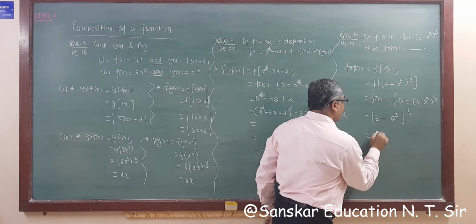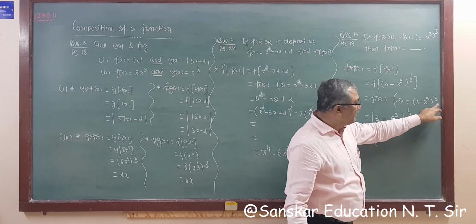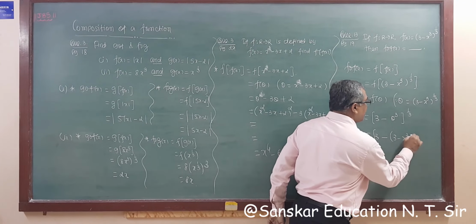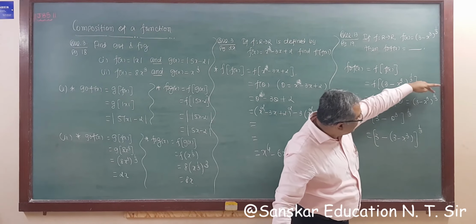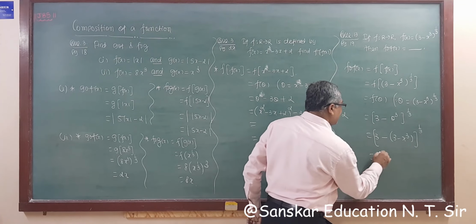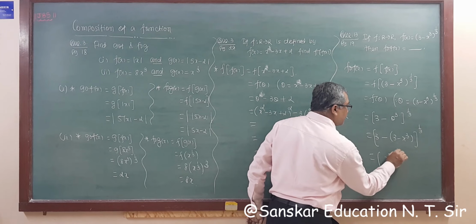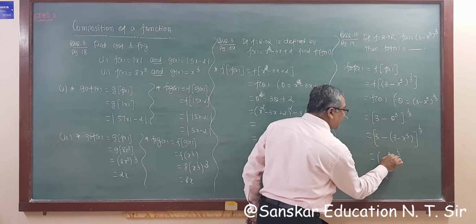So this is 3 minus. If I make theta cube, then this 3 will be cut. Got it? So my answer will be 3 minus x cube, whole raised to 1 upon 3. Because of theta cube, this 3 will be cut. So the answer will be 3 minus x cube. So this is 3 minus, the 3 will be cut, minus minus plus, x cube raised to 1 upon 3. So the answer is x.